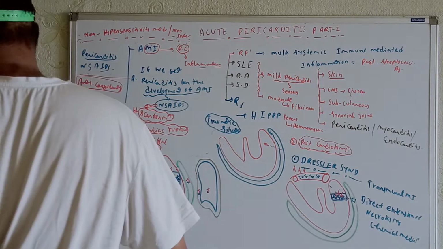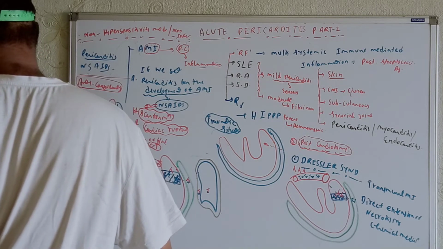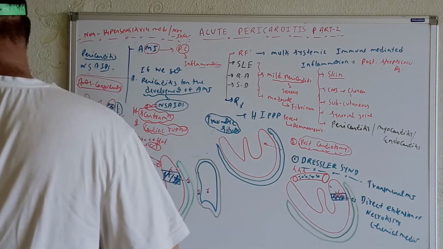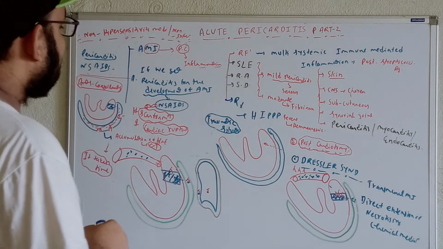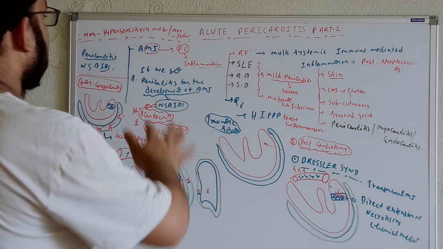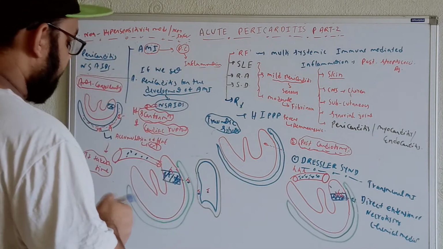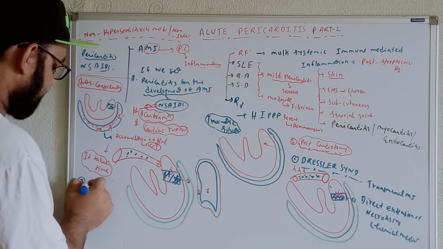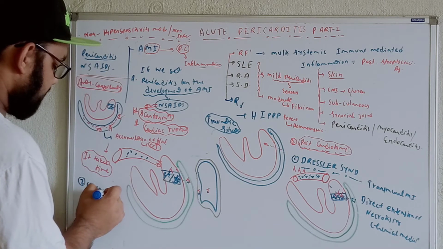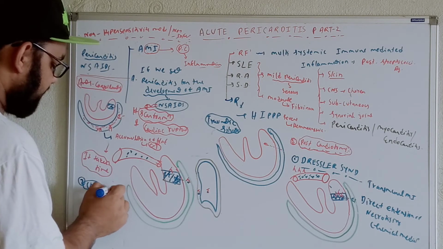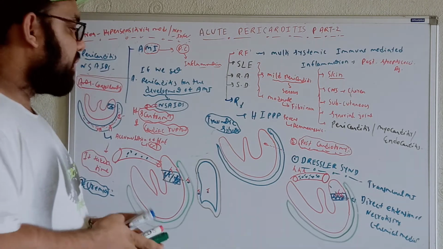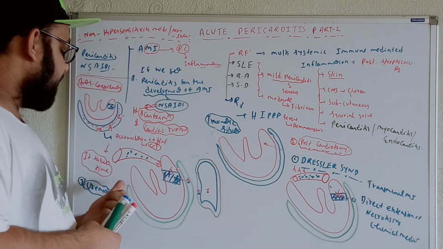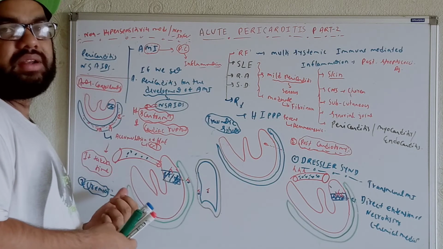Okay. What are the other causes that can cause this type of problem? Now we can say in terms of uremia. Now how will uremia develop this type of thing? Uremia means whenever the kidney, or you can say the renal function, is not done properly. If the kidneys are not functioning well,